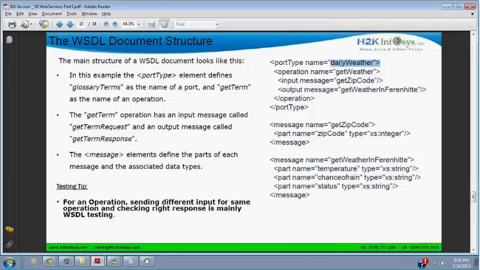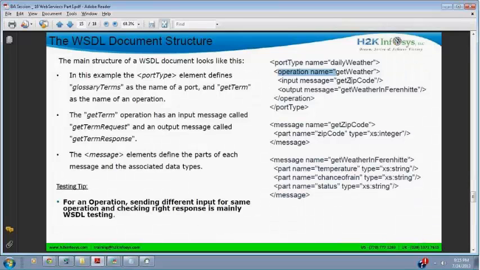Okay, so this has all the explanation in here. For an operation, sending a different input. Now remember this testing tip. For a tester, for a QA person, for an operation, this message I'm talking about, sending different inputs for the same operation and checking the right response is called WSDL testing.